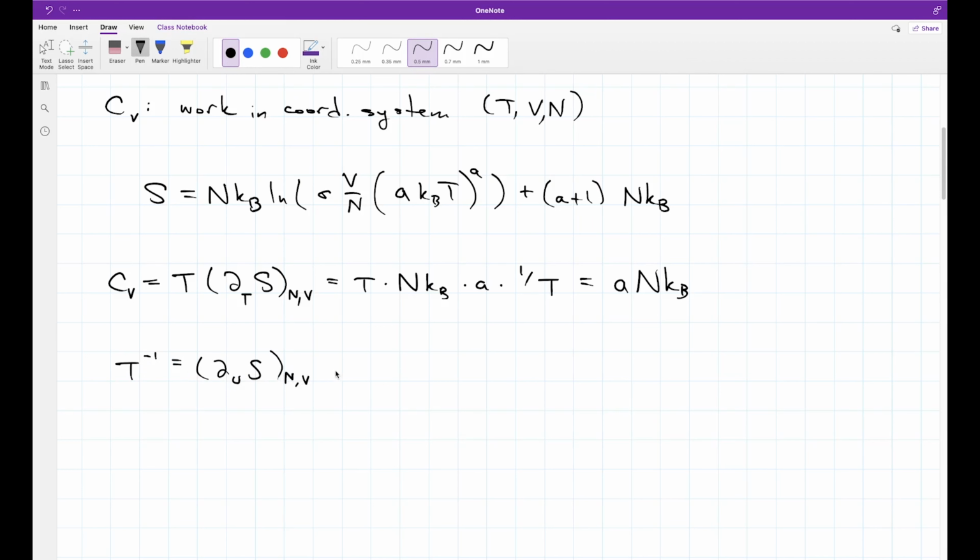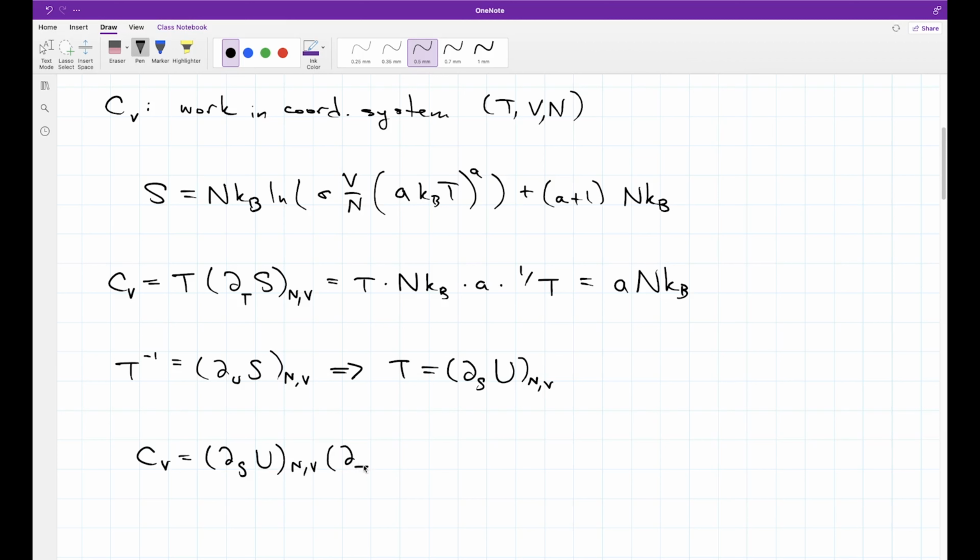And then by the inverse function theorem that we learned about a couple of videos ago, that implies that t is equal to the partial with respect to s of u while fixing n and v. Good. Now let's stick that in here. That implies that CV is equal to partial s of u fixing n and v